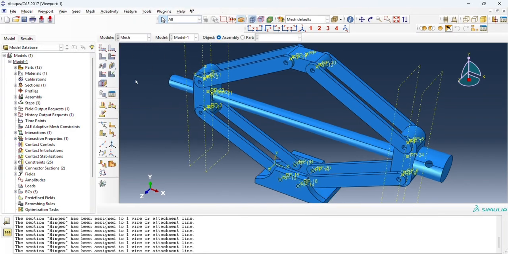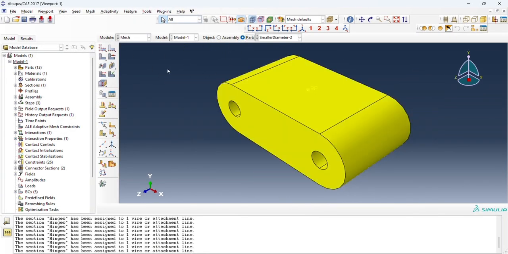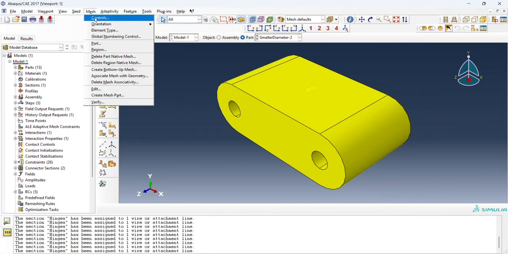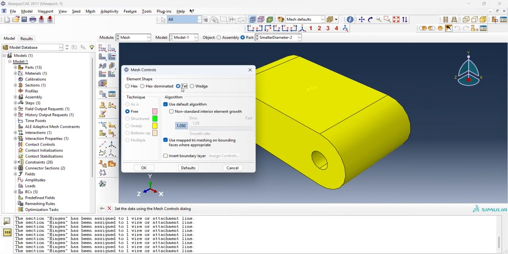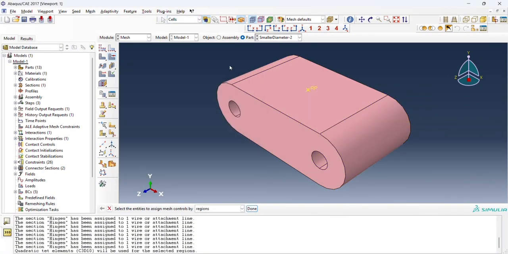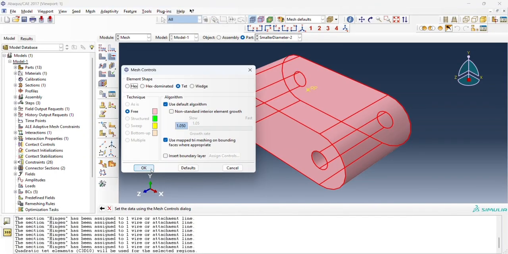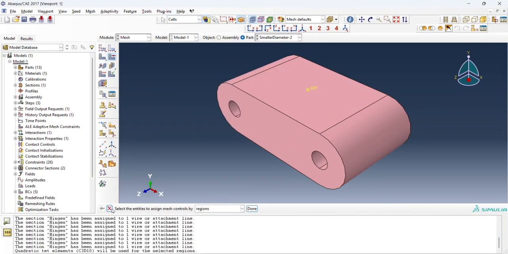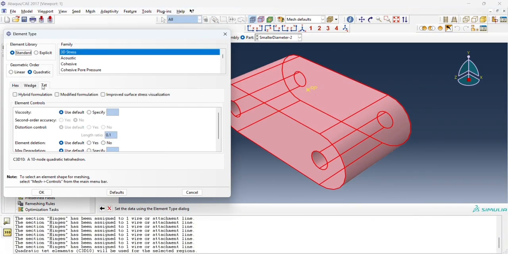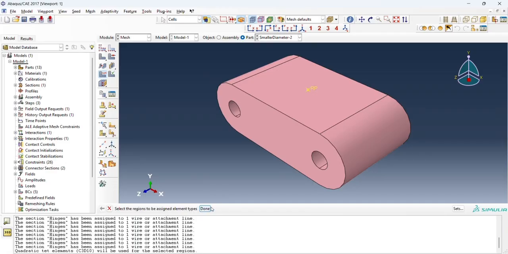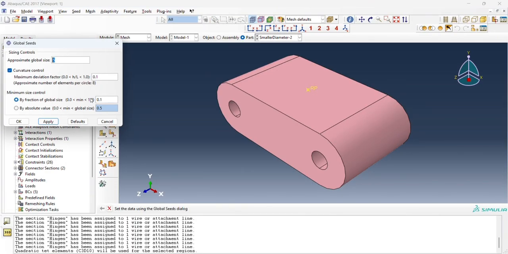And now for meshing, we have to go to parts, and each part, firstly we make it 10, so it's done. And then element type, we make sure it is C3D10, and then mesh size is 15,